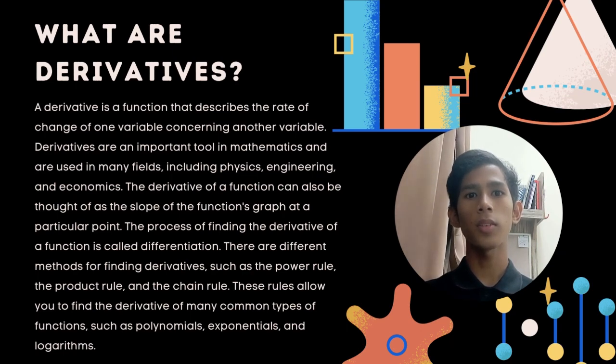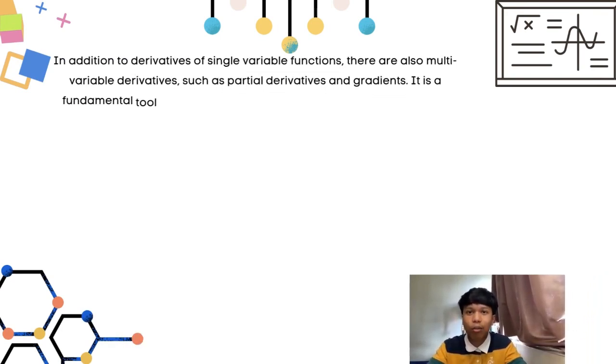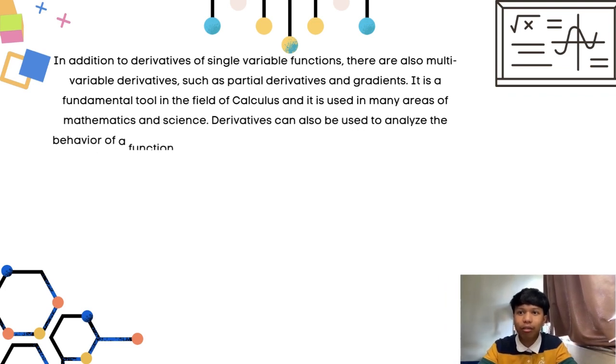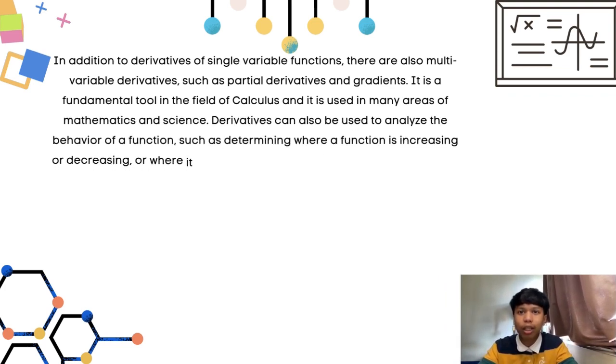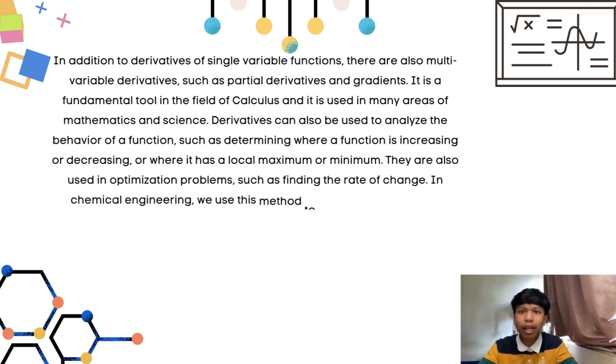There are different methods for finding derivatives such as power rule, product rule, and chain rule. These rules allow you to find the derivative of many common types of functions such as polynomial, exponential, and logarithm. In addition to derivatives of single variable functions, there are also multi-variable derivatives, such as partial derivatives and gradient. It is a fundamental tool in the field of calculus and it is used widely in many areas of mathematics